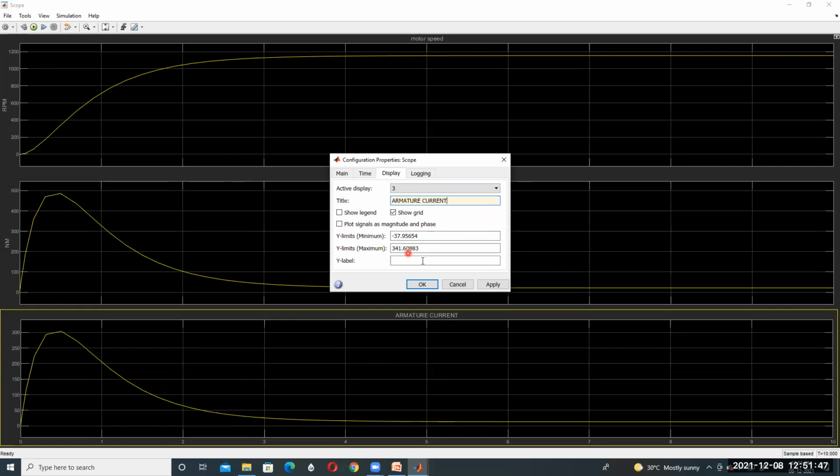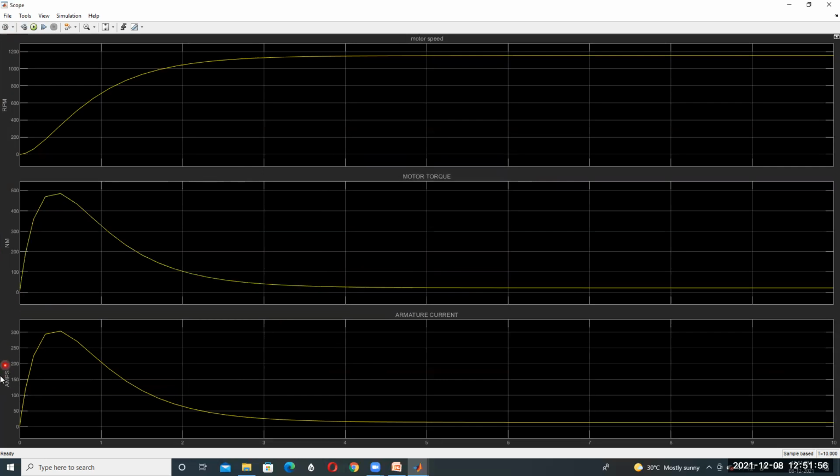Armature current, and then current in amps. Then apply, then okay, and we will get like this. The first one is speed in RPM, the second one is motor torque in Newton meters, and the third one is armature current in amps.